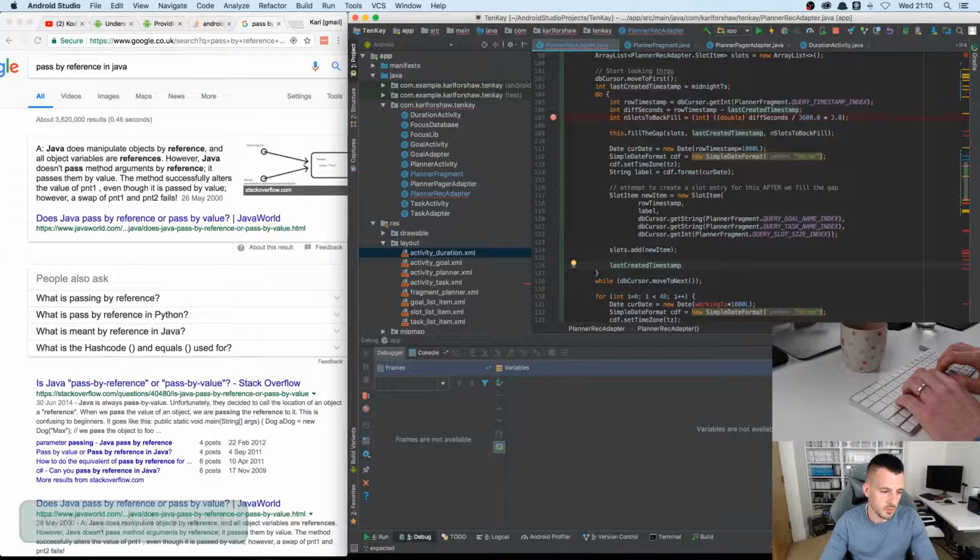Shouldn't you have a check before moveToFirst in case the DB is empty? We absolutely should. Thank you for that. Let's do check for empty. lastCreatedTimestamp plus equals rowTimestamp times